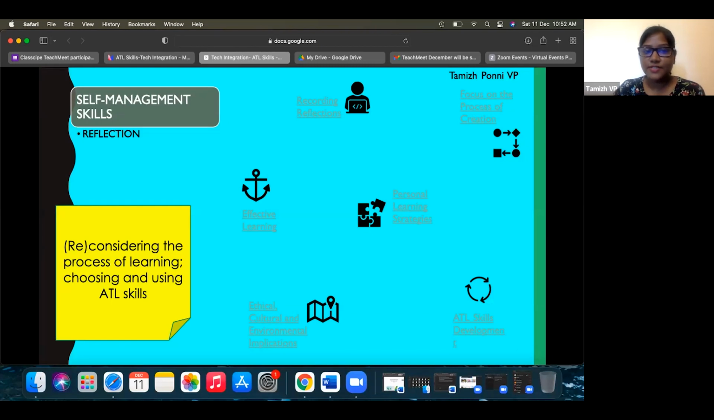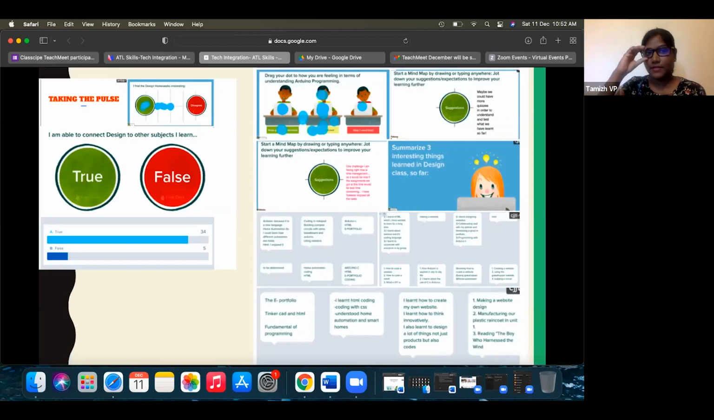Another thing is the reflection. Reflection is a very, very important part of the ATL skills. And there are different types of reflection strategies you can use in the class. And I have attached those things here as well. This is a screenshot of a tool called Peer Deck that I've used in the class. So I do take surveys on Google Forms, but sometimes even I get bored and I say, let's do something challenging. And I had this add-on called Peer Deck. It's an add-on which can be downloaded from the Google add-ons if you go at the top. And it has a lot of templates. The template that I took